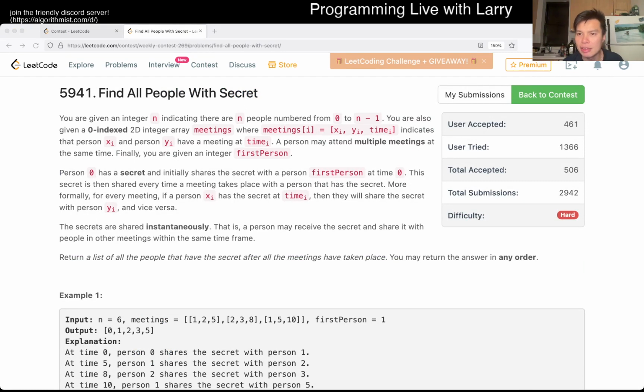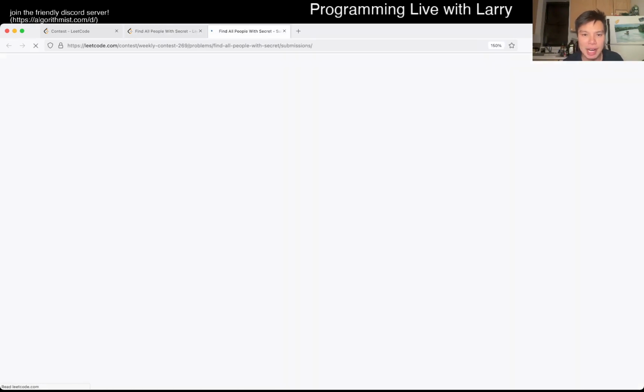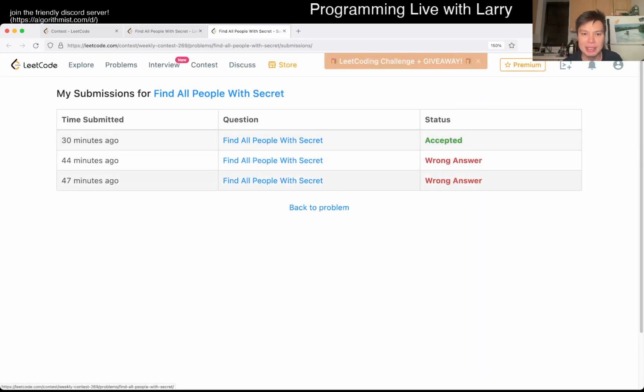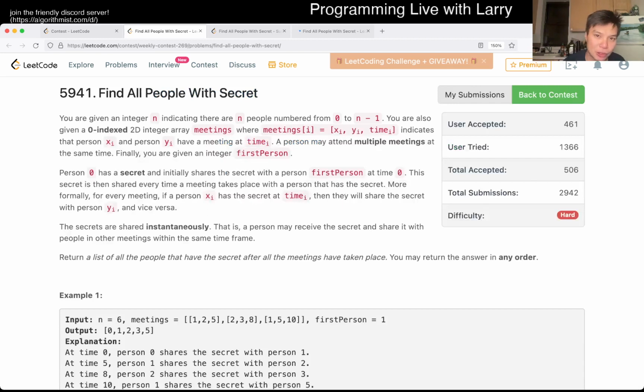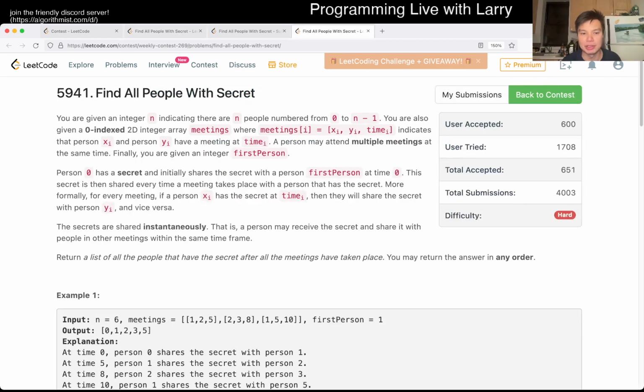So then the one observation that I did make was that I did not need union find, because you're trying to tell everyone the secret anyway. So I ended up rewriting this to not have union find, but I would still have a wrong answer. So let me go over my wrong solutions first, and then we'll go over my right solutions.